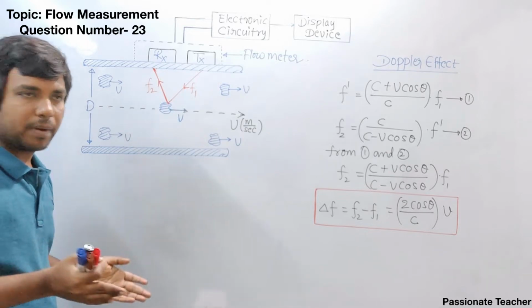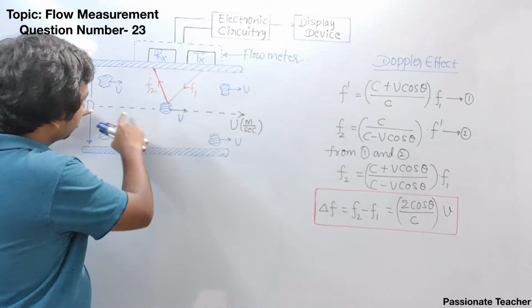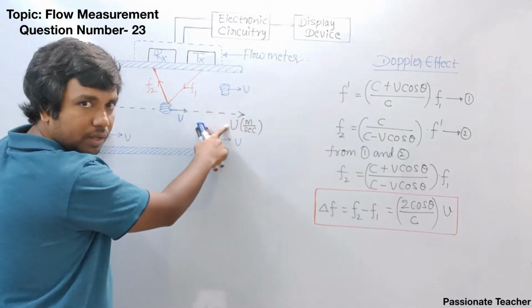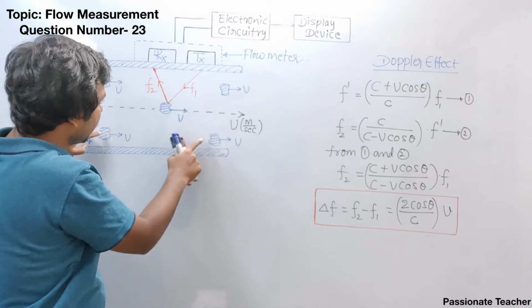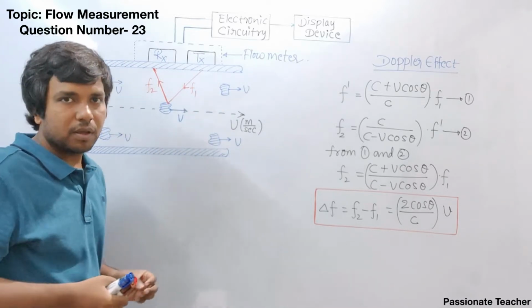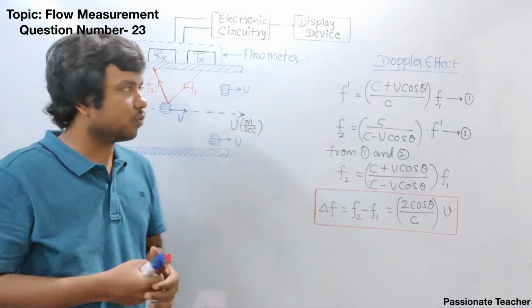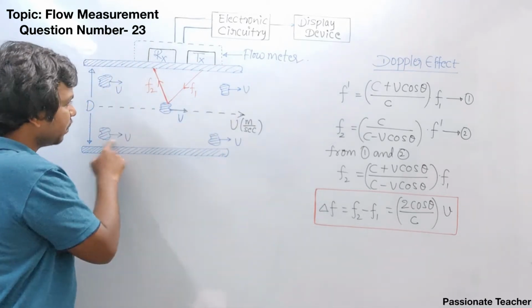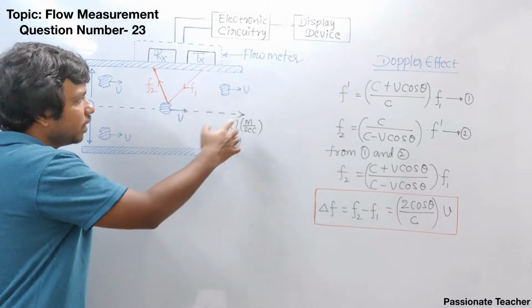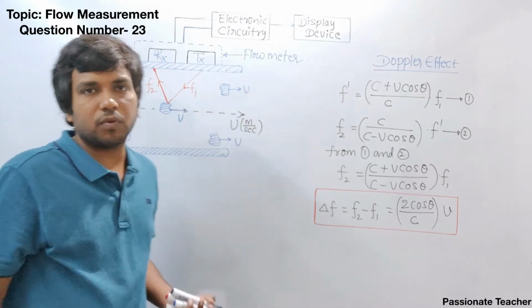It is a cylindrical pipe, and inside that the fluid is flowing with the velocity v, and there are so many suspended particles or dirt particles. The major constraint here is we should assume that all these suspended particles are flowing with the same velocity, that is equal to the velocity of the fluid.